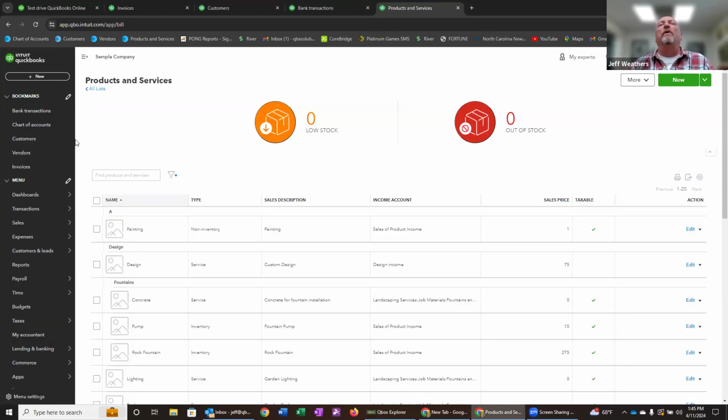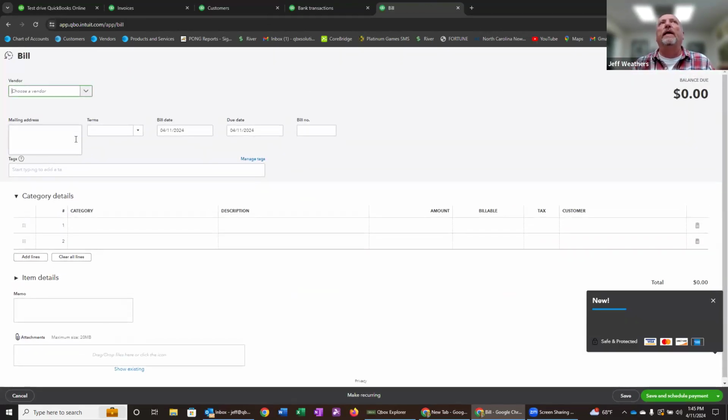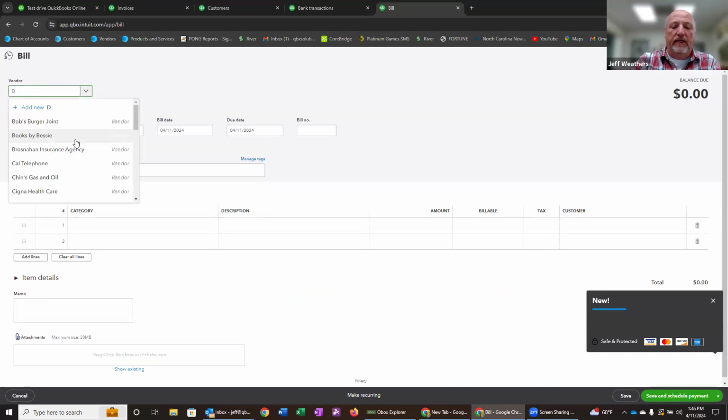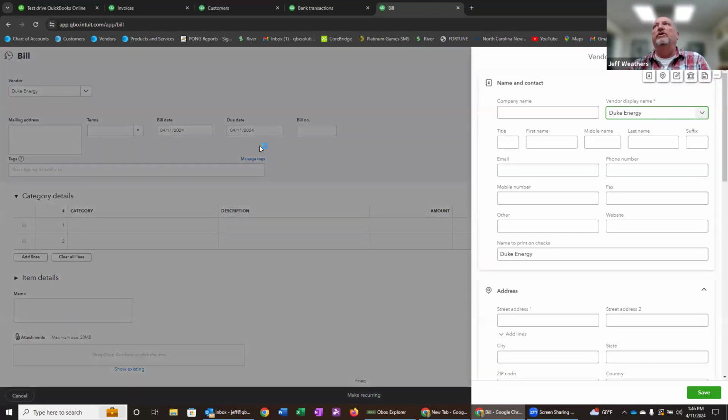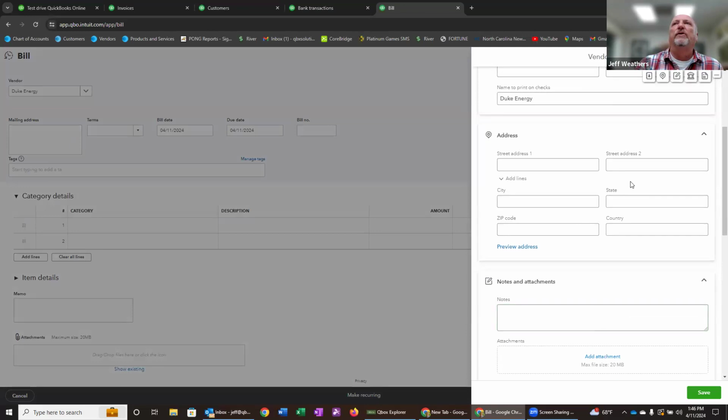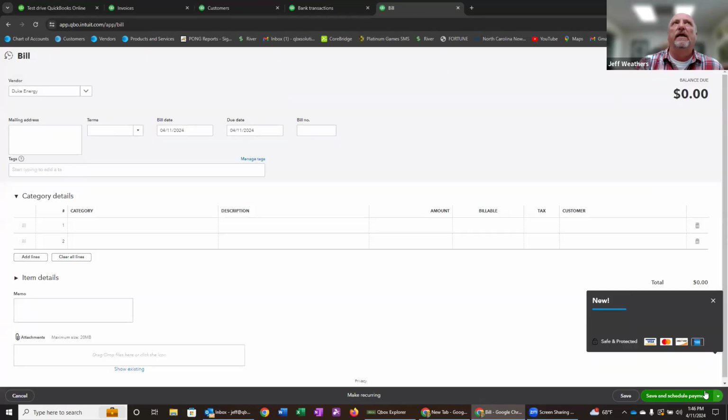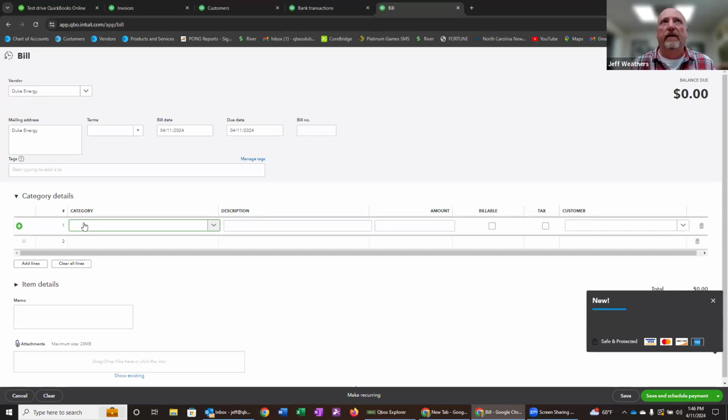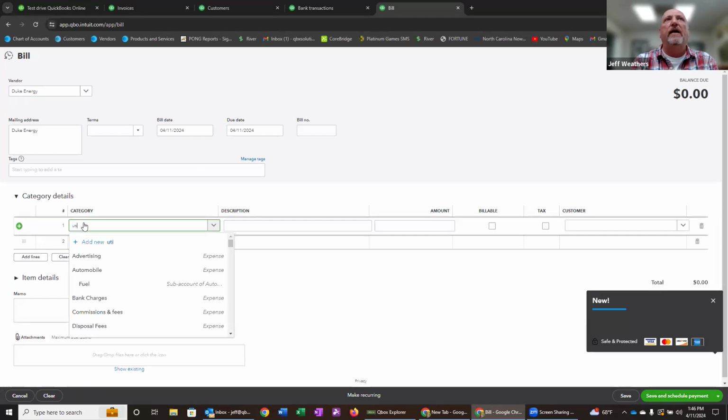And so if you enter a bill, then you would want to go and pay a bill, because if I go, let's say Duke Energy, so that's an energy company around here. I'm going to set Duke Energy up as a vendor. Maybe they just draft it out every month, so I don't need their mailing address or anything. So I'm just going to hit save. And then I'm going to come down here and put a category on here. So if I would use the category of utilities,